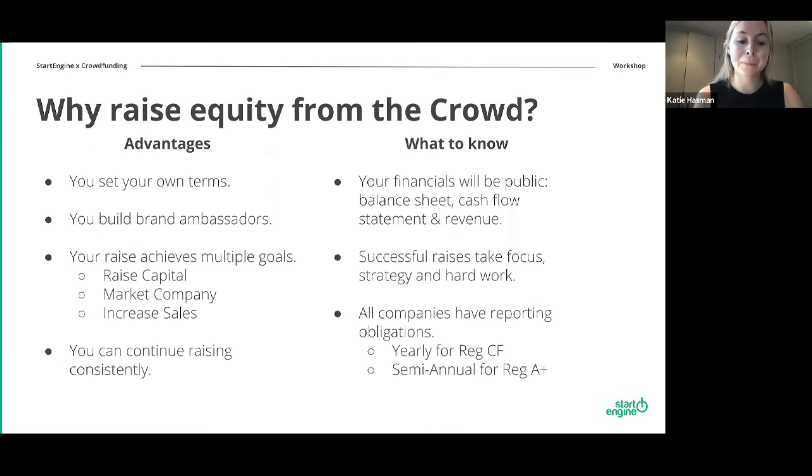One of them is that for this to be legal, essentially, you have to be giving the investors all information that they would need to make a reasonable investment decision. And one of those components is going to be sharing your financials with these investors, essentially making them public. So do keep in mind that any information you might find on a balance sheet or a profit and loss statement would be available to the general public on the campaign page.